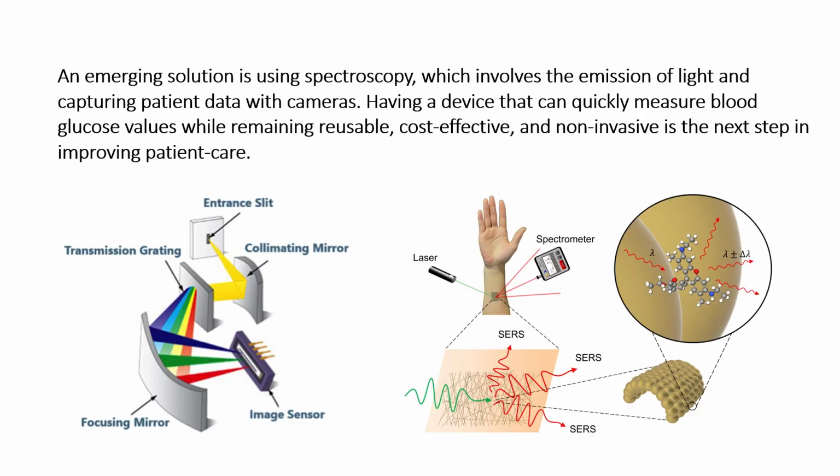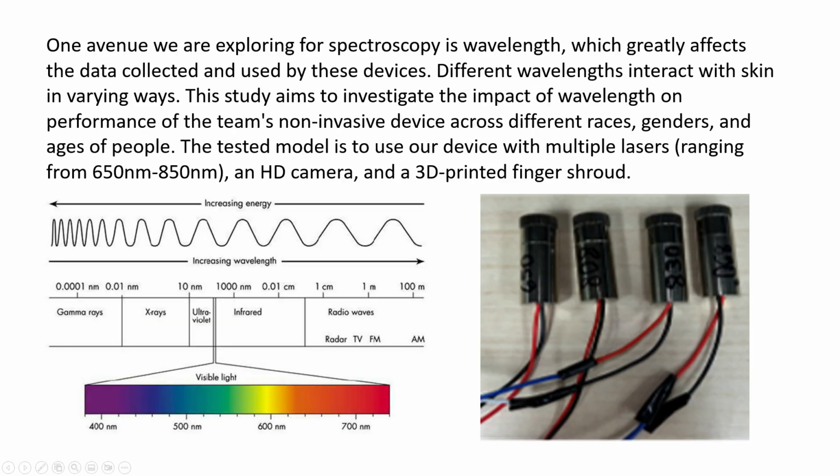An emerging solution is using spectroscopy, which involves the emission of light and capturing patient data with cameras. Having a device that can quickly measure blood glucose values while remaining reusable, cost-effective, and non-invasive is the next step in improving patient care. One of the most important factors in spectroscopy is the wavelength of the light, which can